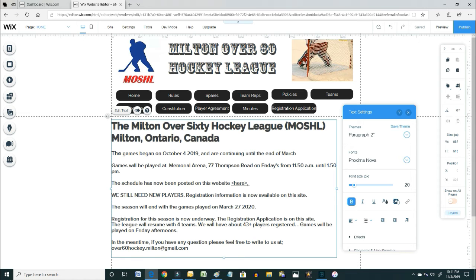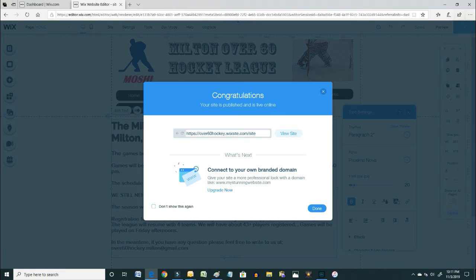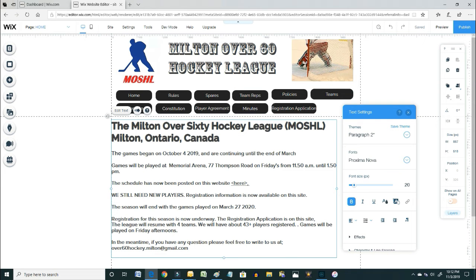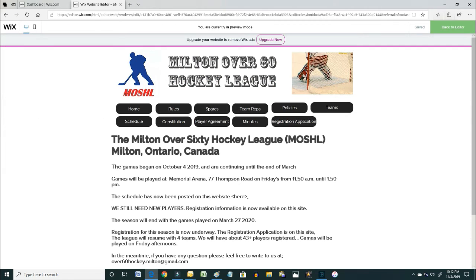Now that the edit has been made, we're going to go to the top right hand corner and press publish, and that is done. Now we're going to the top right hand corner and we're going to preview our changes,